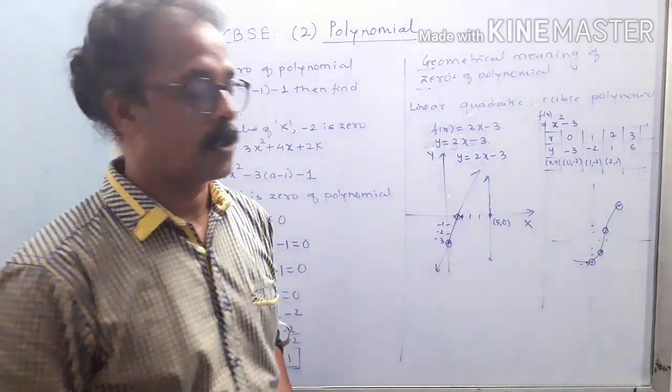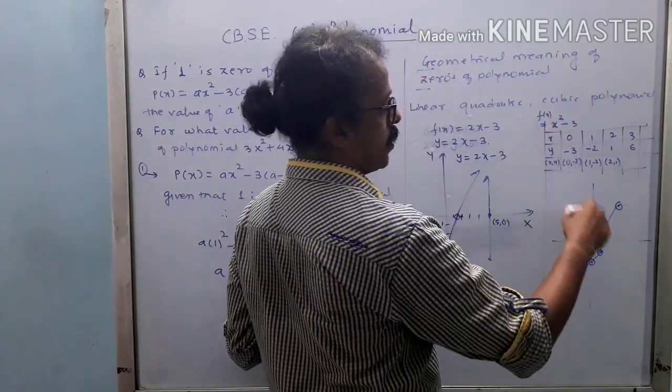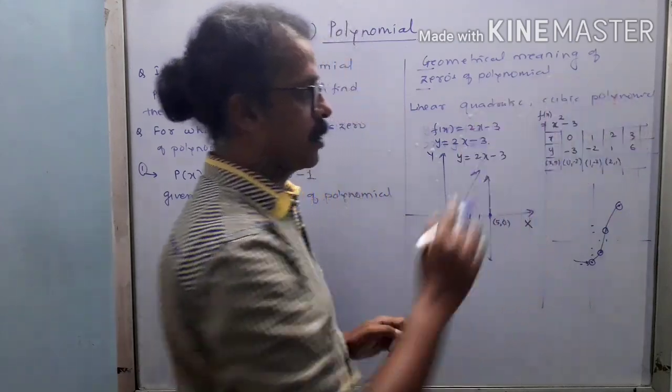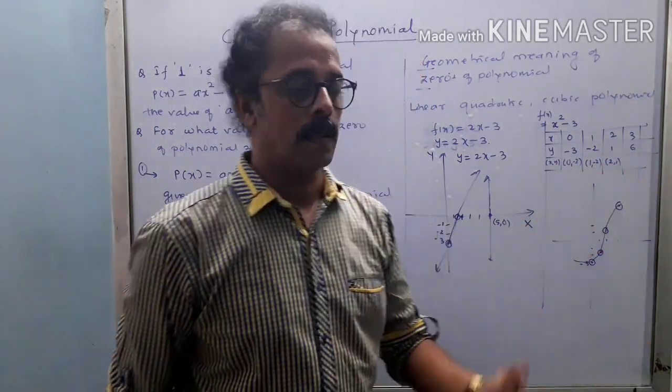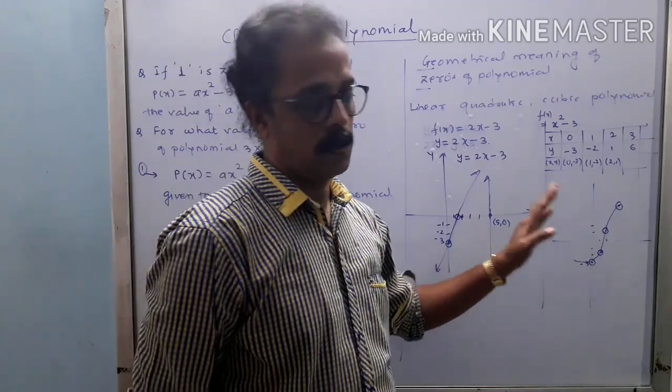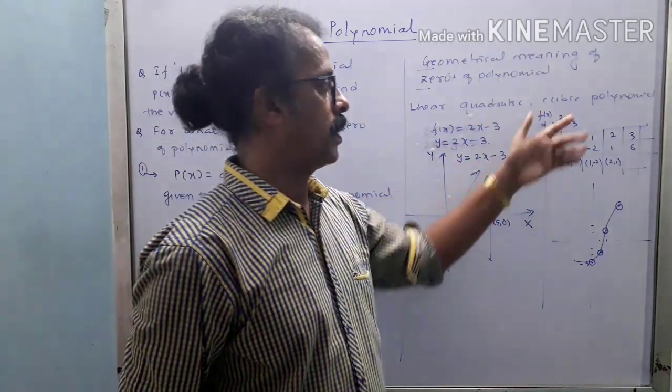Suppose I take x is equal to -1, -2, -3, -4, again I am getting the same values as for 2, 1, 6 and so on. So again you will get different values of x, right? So that is the way we talk about linear, quadratic, cubic and polynomial.